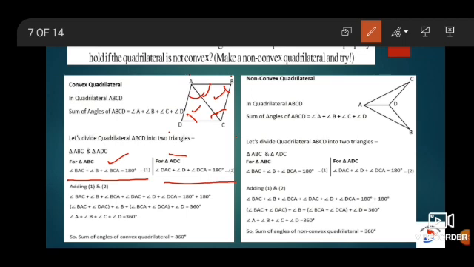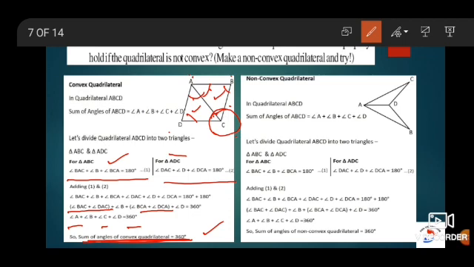If you add both the equations, it will give you the result as 180 plus 180 on the right hand side. That is nothing but 360 degree. Here angle D and angle B are separate. Now the angle C will be the sum of these 2 angles and angle A will be the sum of these 2 angles. That is nothing but angle BAC plus angle DAC is angle A, and similarly for angle C, angle BCA plus angle DCA is angle C. So the sum of all the 4 angles of a convex quadrilateral is 360 degree.